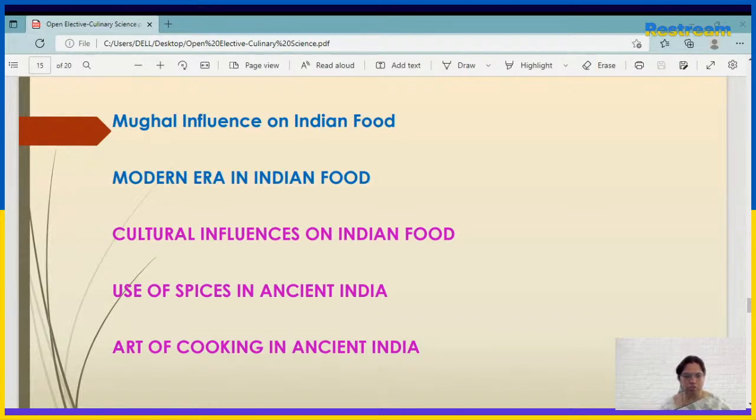Coming to the use of spices in ancient India. There are many spices which have been used. Along with popular spices like cardamom, you have many others like rock salt, sea salt, beta salt, then pepper, ginger, cumin seeds, white mustard, coriander, cloves, turmeric, etc. And then cinnamon, cardamom, asafoetida, and black pepper, and asafoetida is also called bhalika.